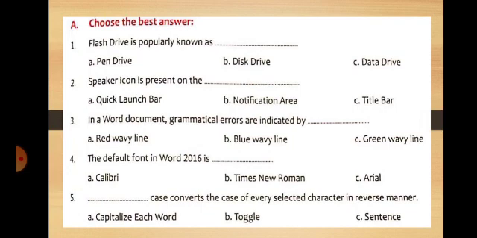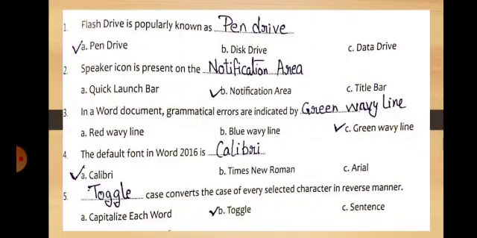Toggle case converts the case of every selected character in reverse manner. Dear children, check the answers. The correct answers are displayed on the screen.